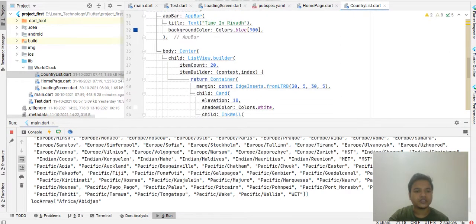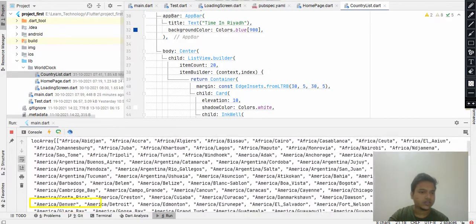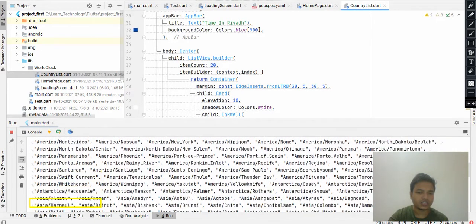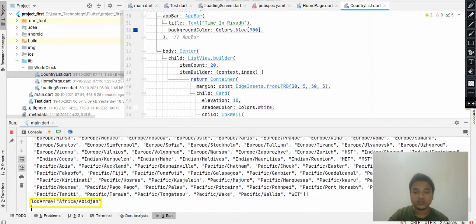And here you can see this is the string. There is the first element of the array, and the rest is printing the whole array. So we have to do one thing. Let me slide it up a little bit. Here you can see that when the first element is called, there are braces, and the last one also contains braces. So we have to remove these from the string. So let's do that.